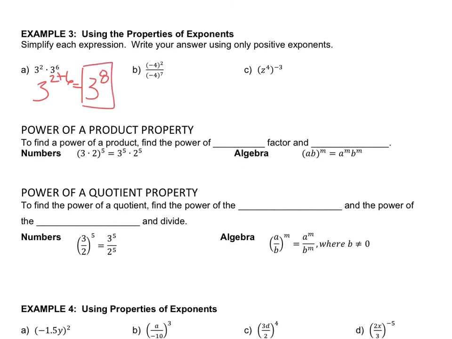The next one, same base of a negative 4. When I do the subtraction, because we're dividing, I get a negative 5. Now the negative is included inside my parentheses, so the negative 5 is going to the negative and the 4. So I need to have this as a positive exponent, so I'm first going to flip it over, and the whole thing is being raised to the 5th power now